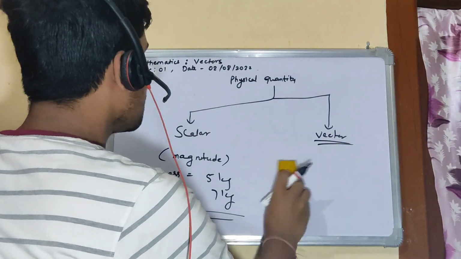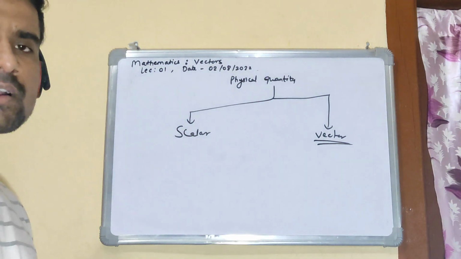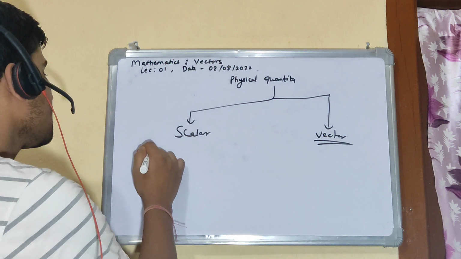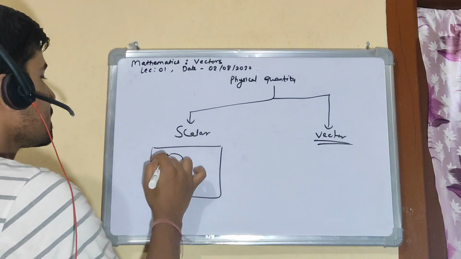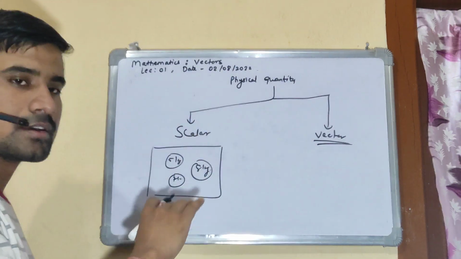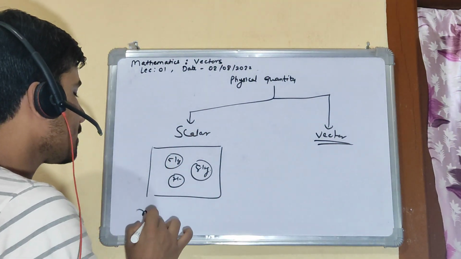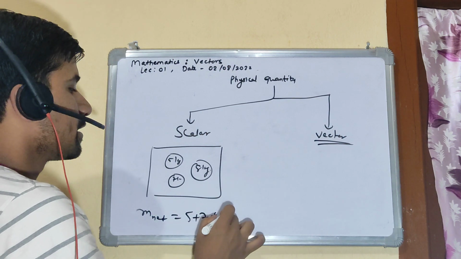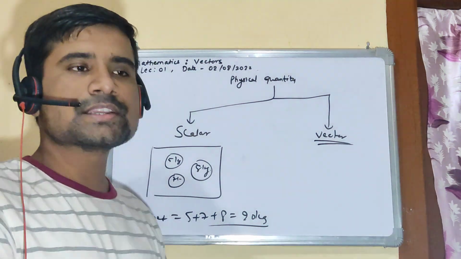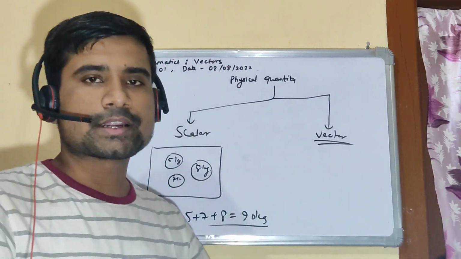What more difference can you talk about when it comes to scalar and vector quantity? For scalar quantities, we follow simple algebraic rules, right? Let's say we have some masses, 5 kg, 7 kg, 8 kg in a big box, and we need to find the net mass. I can simply do net mass equal to 5 plus 7 plus 8, which is equal to 20 kg. So this is a simple algebraic addition, and I can use all those algebraic additions and formulas for scalar quantities. But these formulas won't be directly used in vector quantities, right?